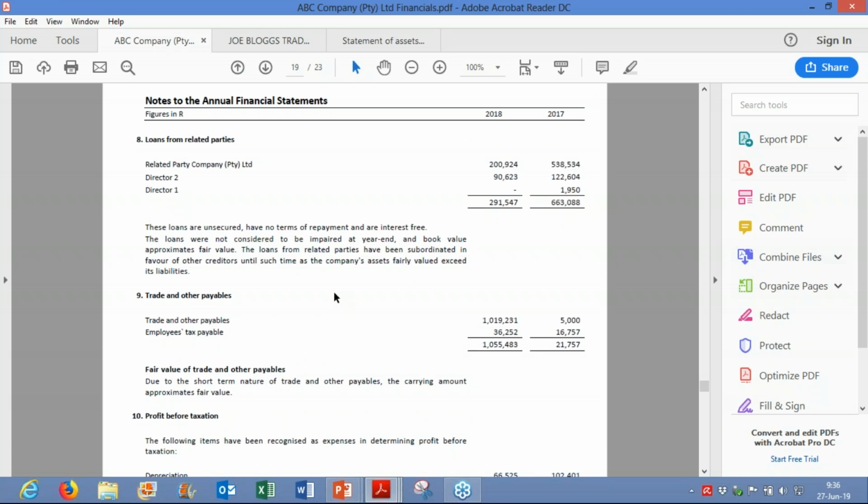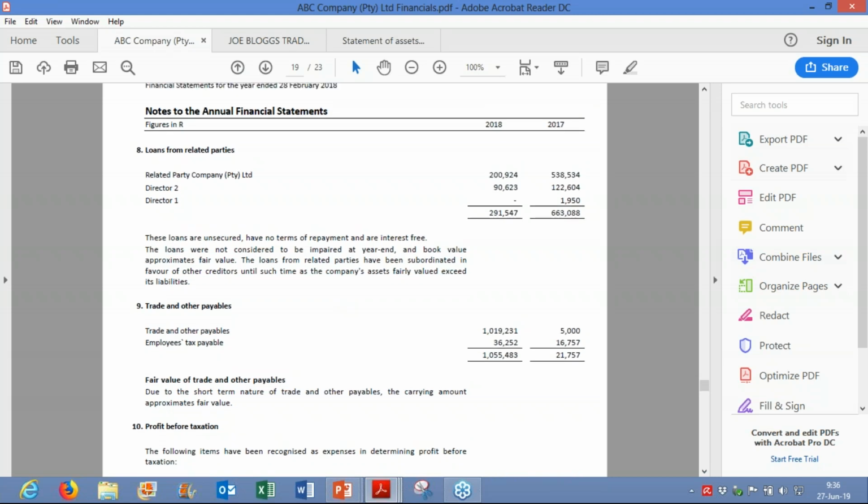In other words, it stands at the back of the line so that if anything needs to be paid out on a potential liquidation, the other creditors would come first. And in that case, it doesn't affect your solvency or liquidity either because you would obviously pay your normal creditors first. And this is why, because of these two agreements, the subordination agreement and the loan agreement, which takes into